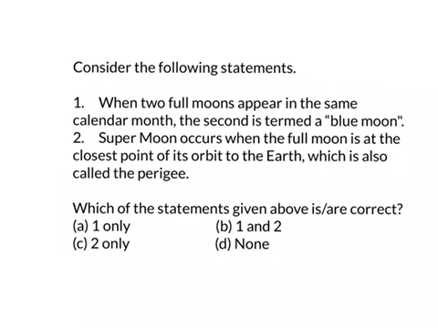The first question is, when two full moons appear in the same calendar month, the second is termed as blue moon. This is the correct statement. And the second option is, supermoon occurs when the full moon is at the closest point of its orbit to the earth, which is also called as perigee. For supermoon to occur, we have two conditions. The first one is it should be full moon, and the second condition is it should be closest to the earth's orbit. Both the statements are given in this second statement, so this statement is also correct, and the answer is B,